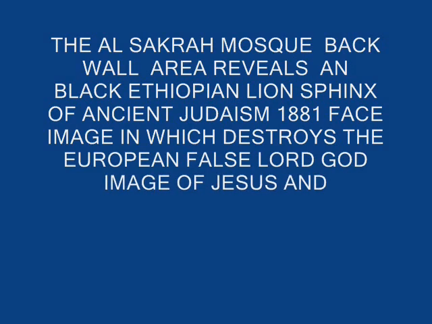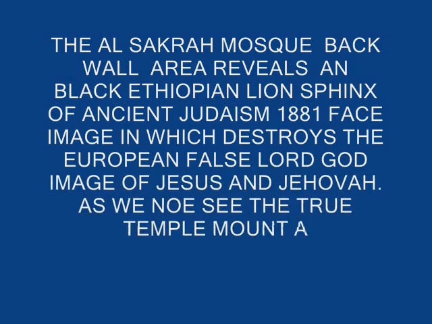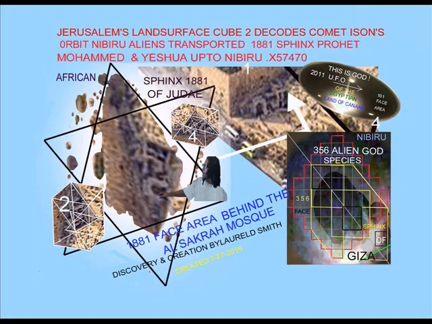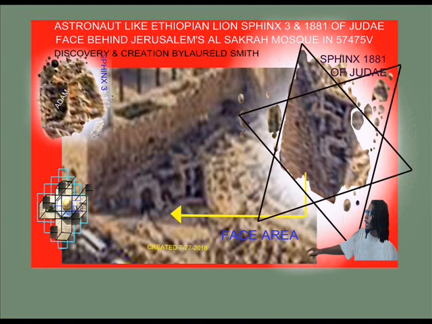This goes back to the Jerusalem Temple Mount, El SAKRAH Mosque, back wall area where we see the aliens amongst these Temple Mount ruins. And we see an African Sphinx wearing a royal, I think it's a double crown, right? An Egyptian double crown. That means that we've exposed and busted the European false Bible lie when they took over Africa. So we're talking about the European faced Israelites who now illegally occupy the black African Egyptian land of Canaan. Now on the world map, you open your dictionaries up, you're going to see that if you take the African continent and put it on the black